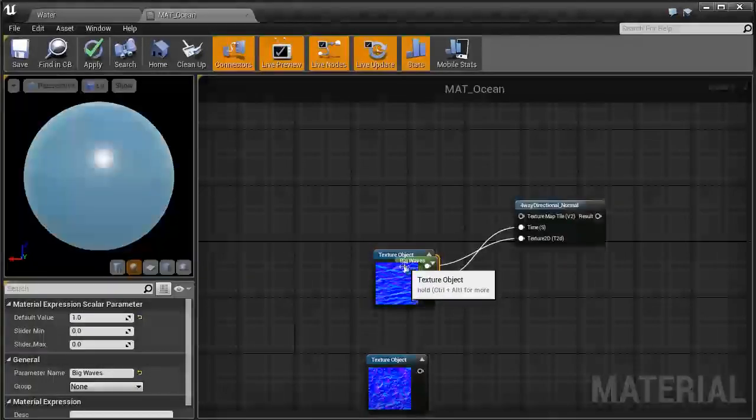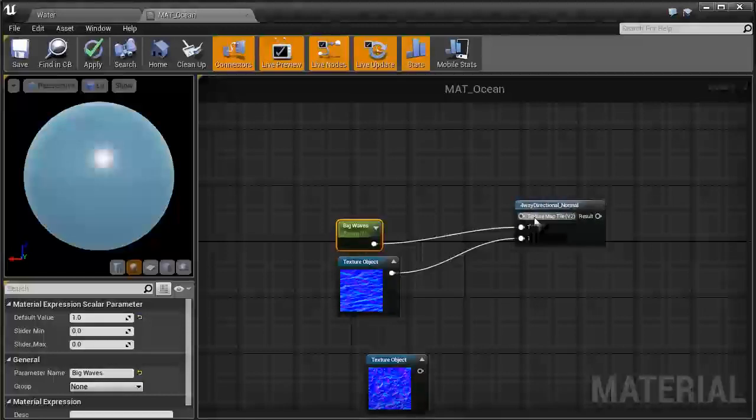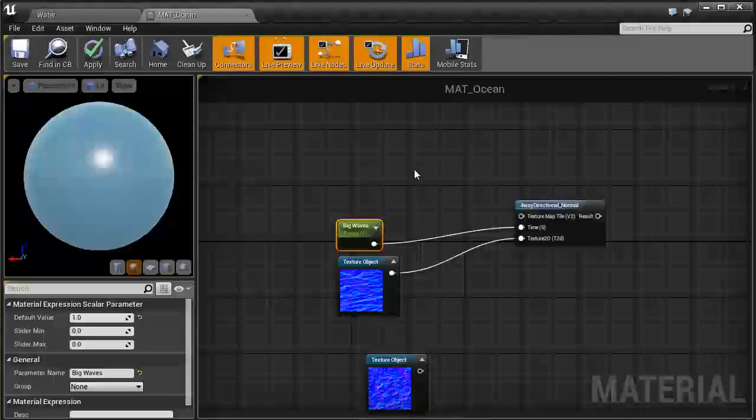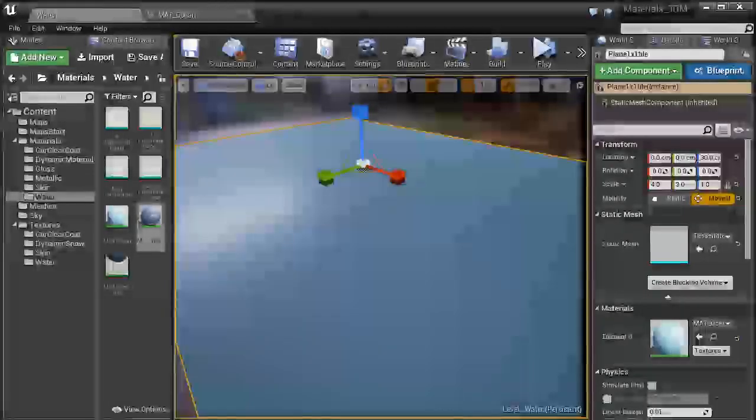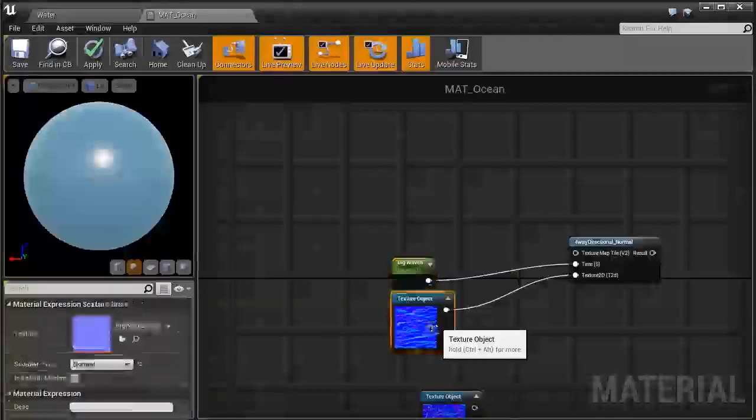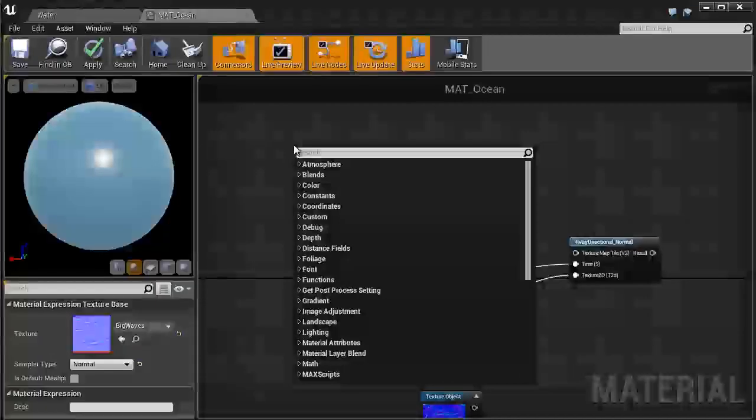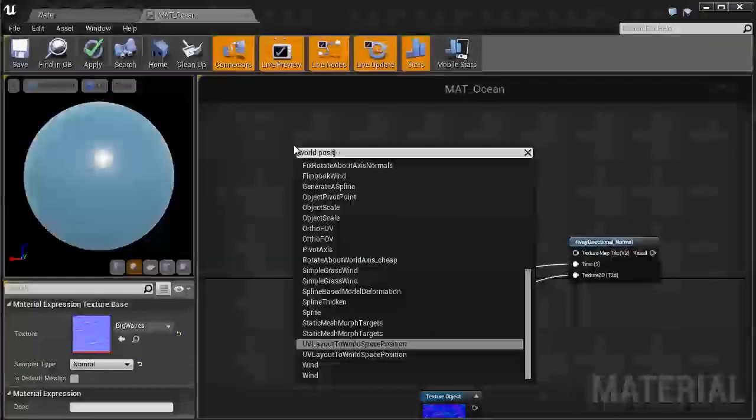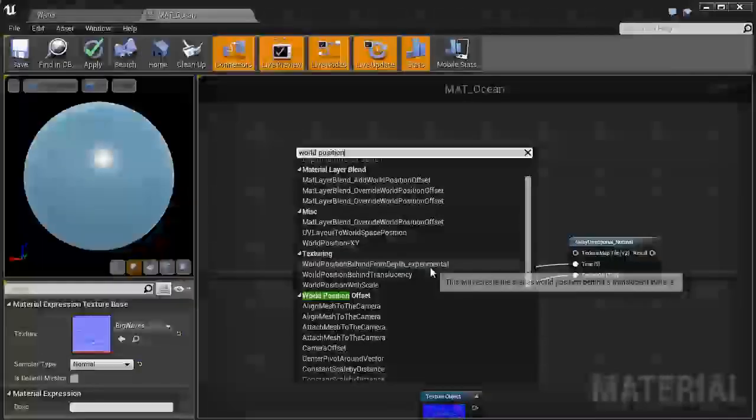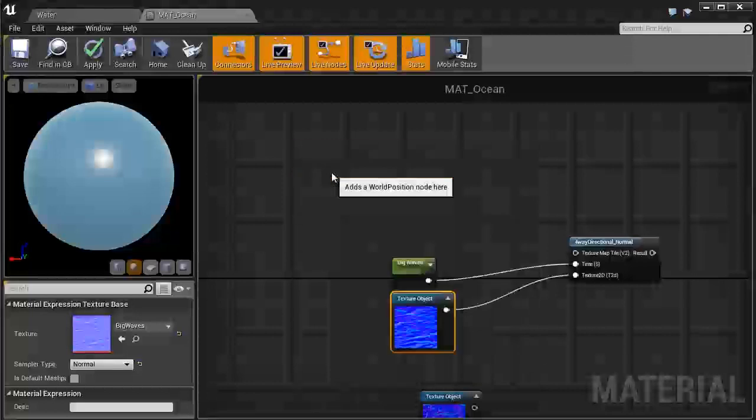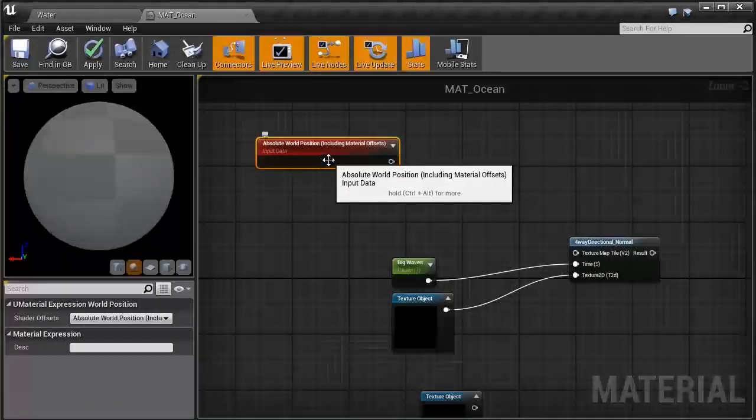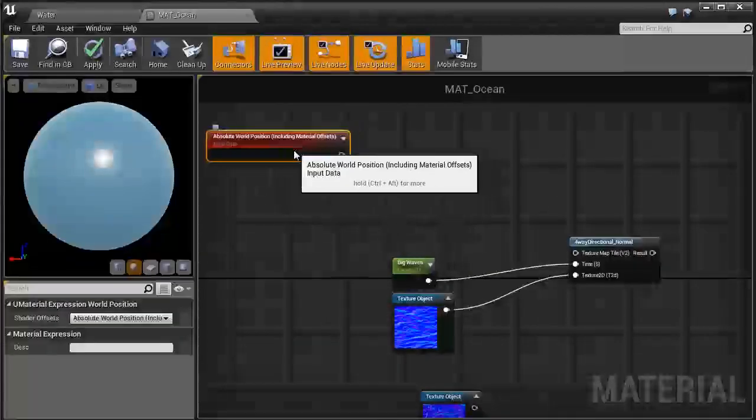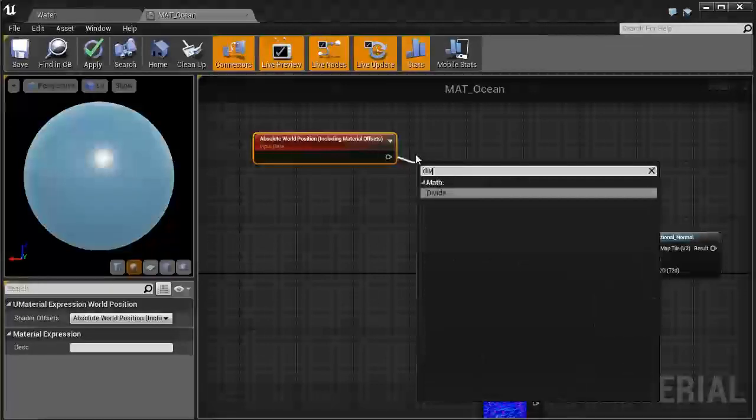And then in our texture map here, we're going to use 2 vectors. Now I want it so that when we stretch out our plane, it's not stretching our normal map, so we're going to go by world position. I'm just going to type in world position, and then we want this one, absolute world position, and make sure we've got include material shader offset. We are going to want to divide this, so let's get a divide out,